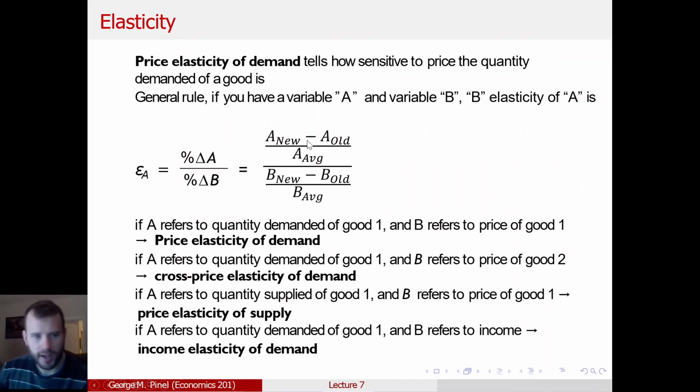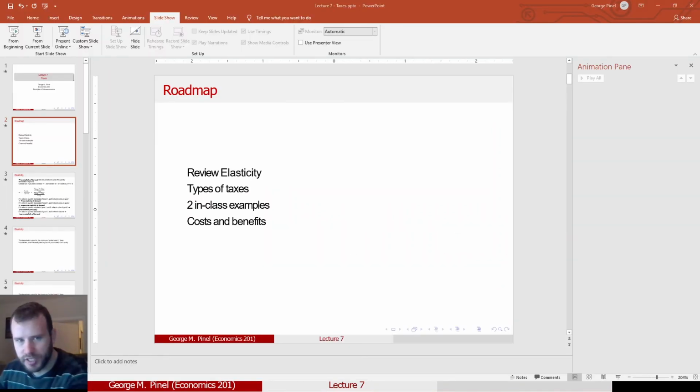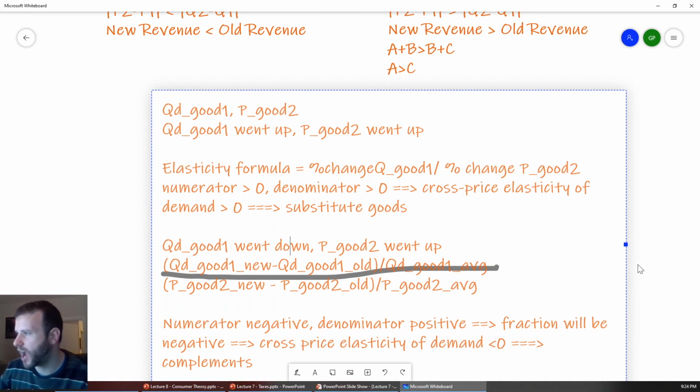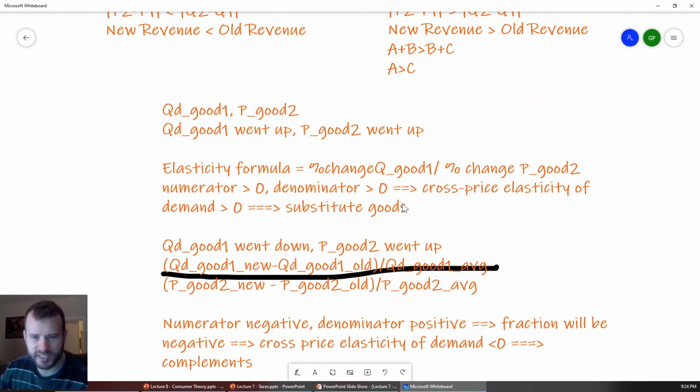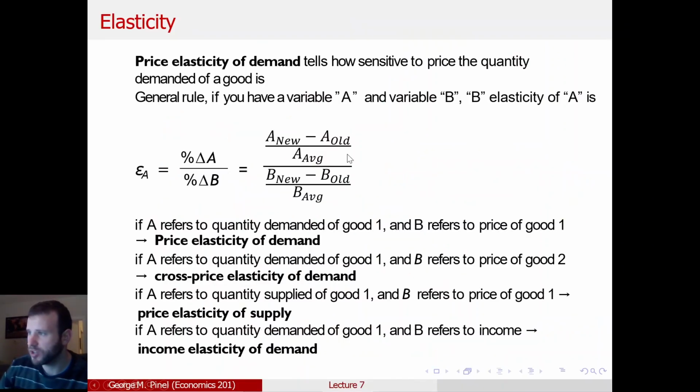Okay. And what does that tell us? So just like we did with cross-price elasticity, we can break down income elasticity of demand, but for the sake of brevity, I'm not going to go through the full explanation. But if your income increases and your quantity demanded increases, you're going to have a numerator that's greater than 0, right? This will be quantity. And a denominator that's greater than 0, because your income new minus income old is going to be greater than 0. So your income increased, your quantity increased, your income elasticity of demand is going to be greater than 0.